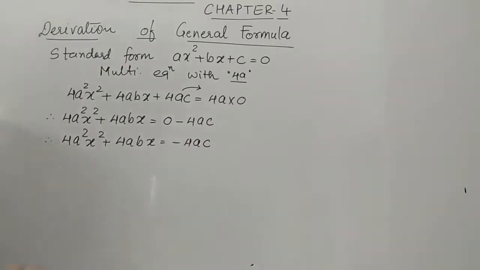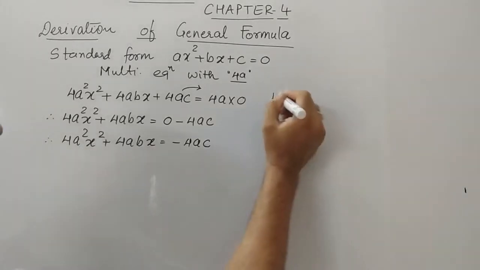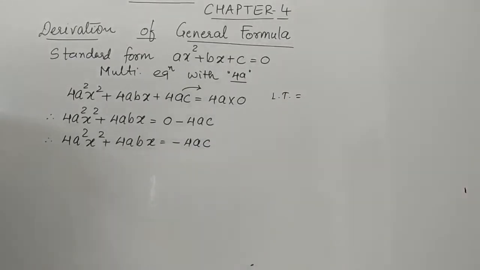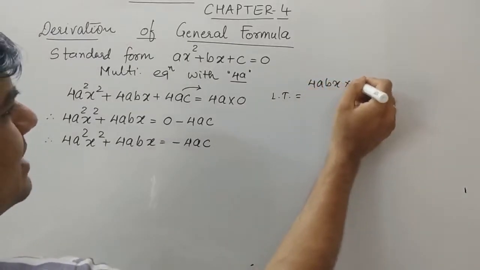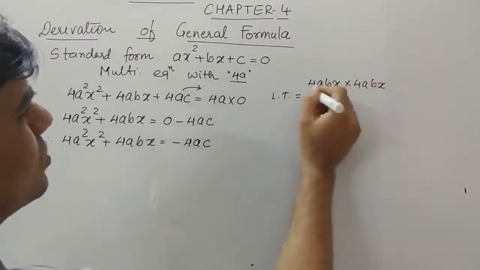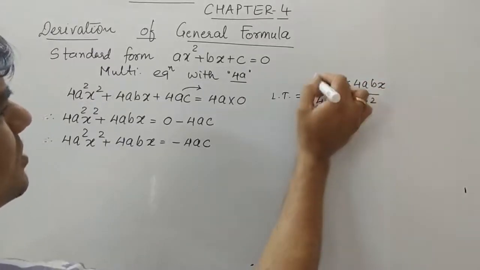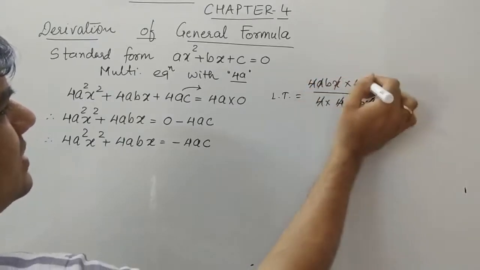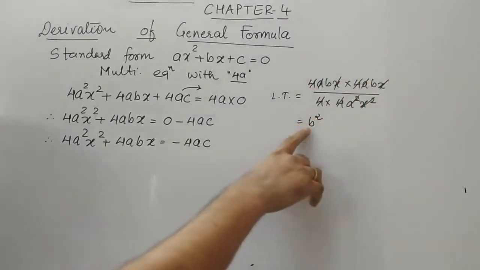Now what I am going to do here, I want to make this a perfect square trinomial. So as we discussed in completing the square, what could be the last term? You are not supposed to work this out, you have to just remember. We know the middle term whole square, so it is the middle term whole square upon 4 into the first term. Students, as you observe, the 4 cancels, the x cancels, and the a square cancels. So what remains here? Your last term could be b square.